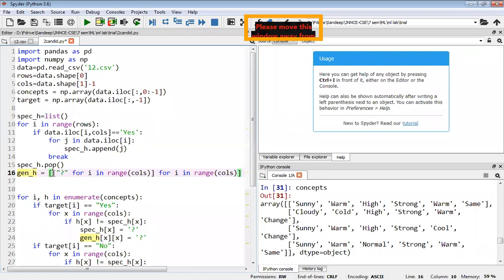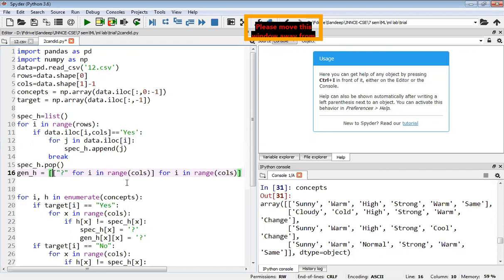Whenever you see a square bracket in Python, it indicates that you are creating a list. So general_h is a list, and inside it you have one more square bracket, which means it is a list of lists, almost a two-dimensional list.